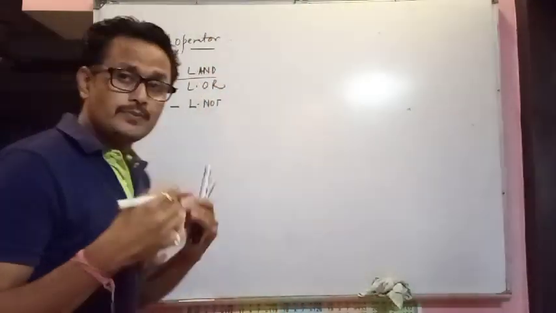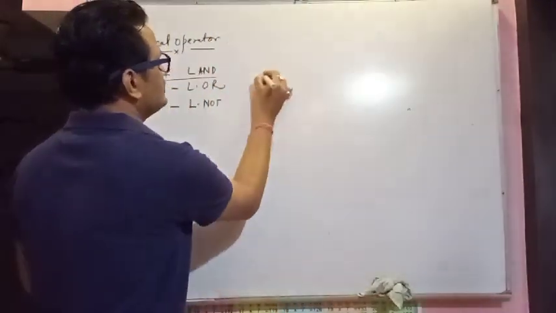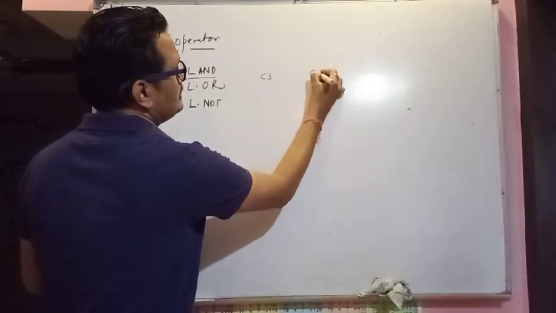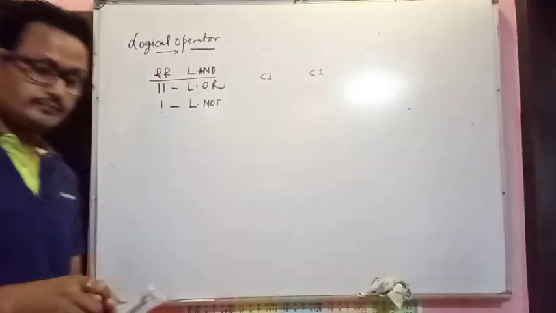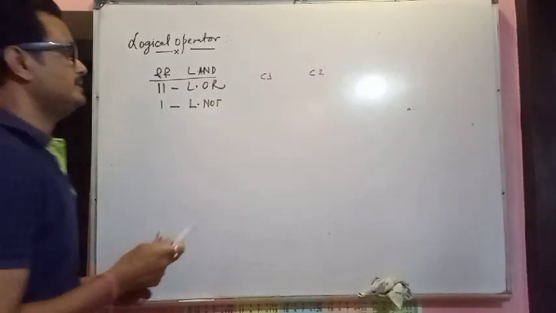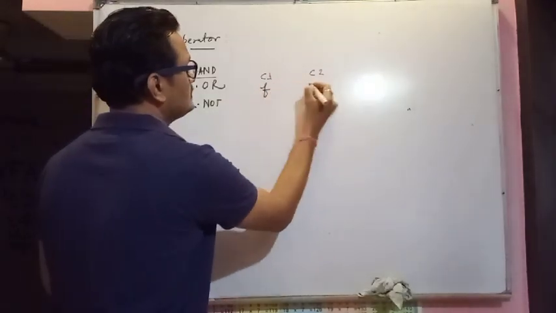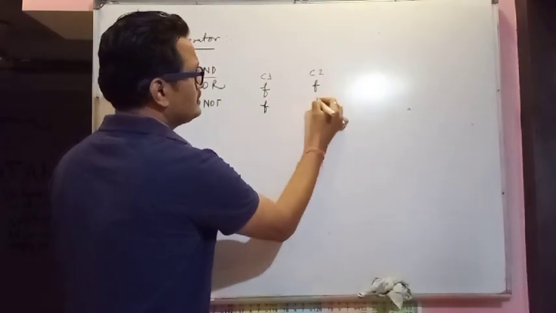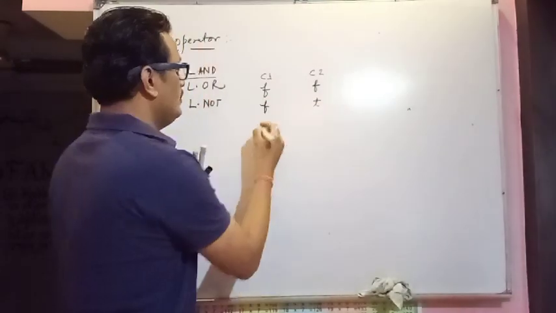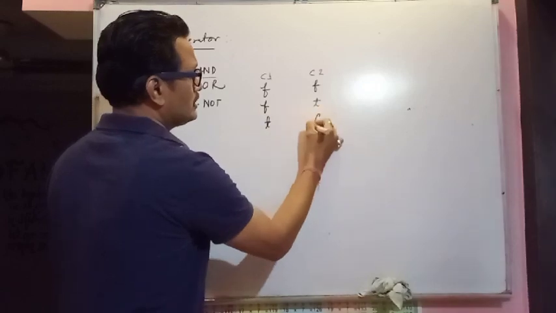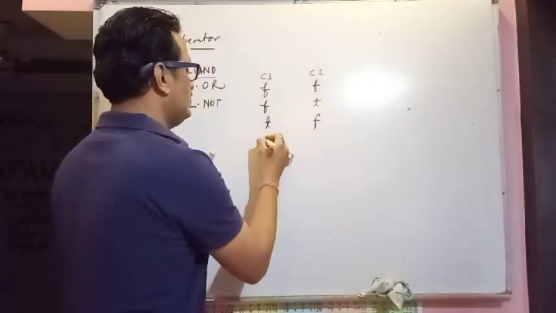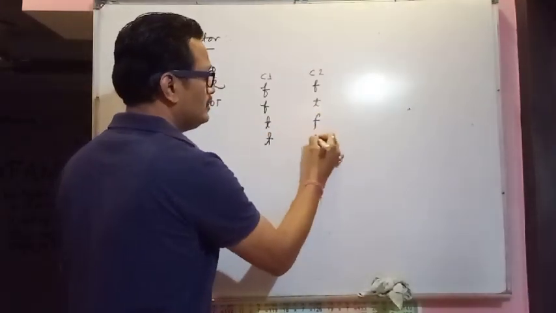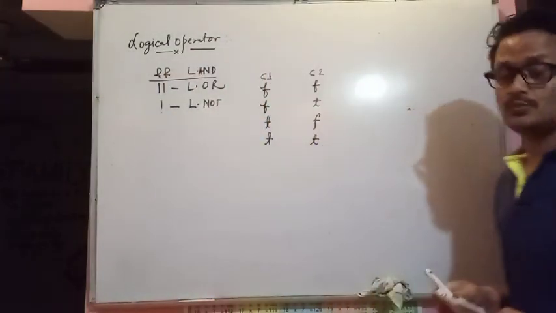So when we discuss about two conditions, this is condition 1 and this is condition 2. मान के चलते हैं. तो टू कंडीशन मीन्स ऐसा हो सकता है कि पहला कंडीशन इज फॉल्स, दूसरा कंडीशन विल बी फॉल्स. हो सकता है पहला कंडीशन फॉल्स बट दूसरा कंडीशन इज ट्रू. मे बी फर्स्ट कंडीशन इज ट्रू बट दूसरा कंडीशन विल फॉल्स. एंड अनदर केसेस इज व्हाट? प्रोबेबिलिटी इज व्हाट? Both the conditions will be true.